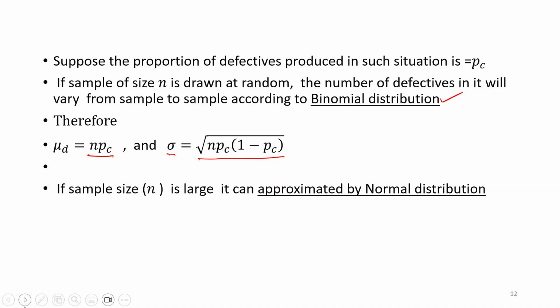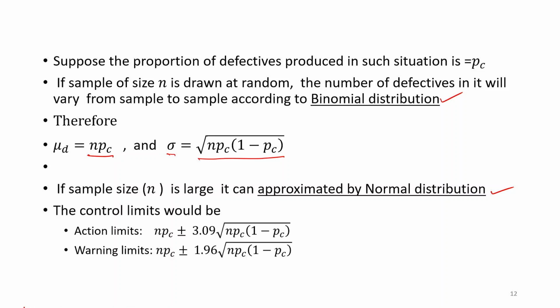And once we know the standard deviation, if the sample size n is quite large, 30, 40, 50 like that, it can be approximated by a normal distribution. It can also be proved that when the sample size is large, the number of defective items can be approximated this way. The binomial distribution can be approximated by a normal distribution. It will not make much of a difference. And therefore, when n is large, I can directly